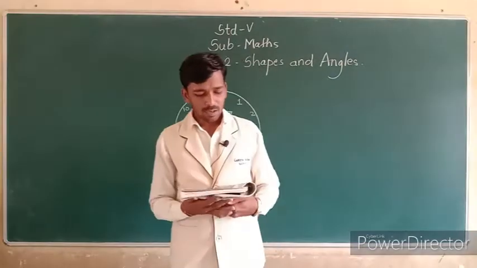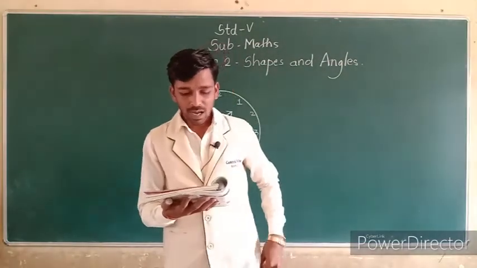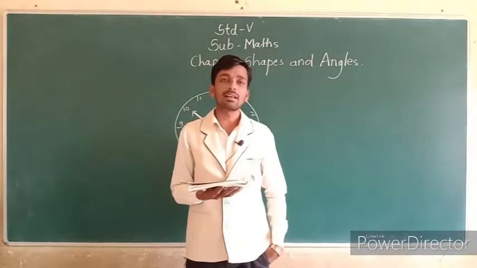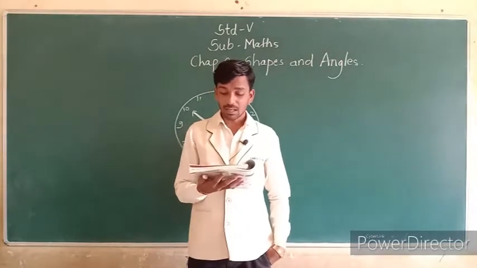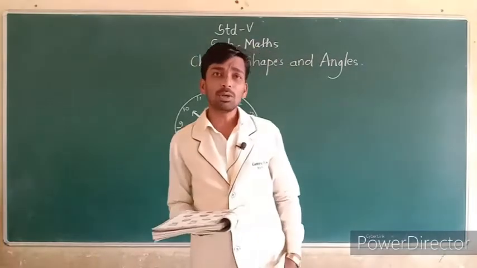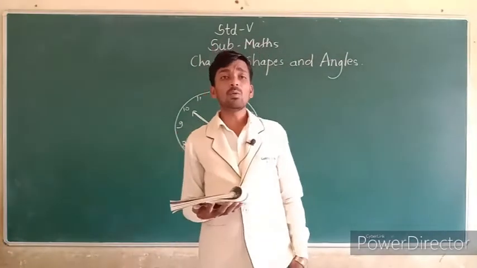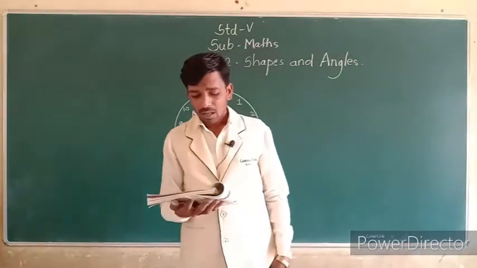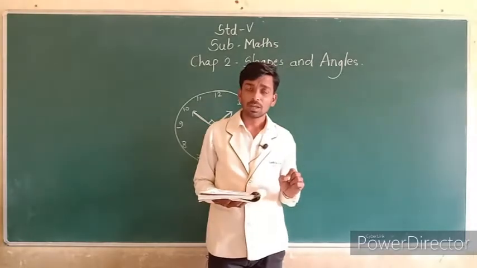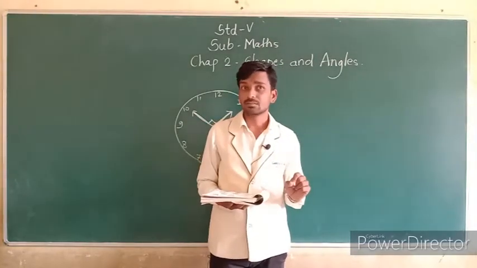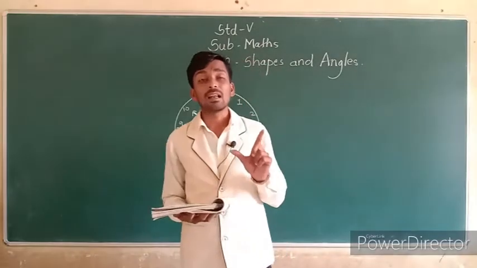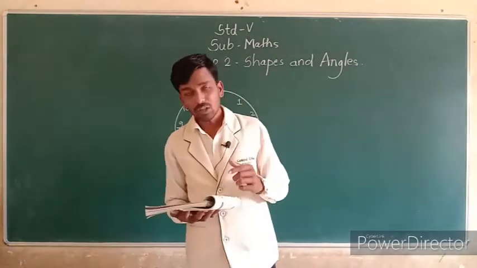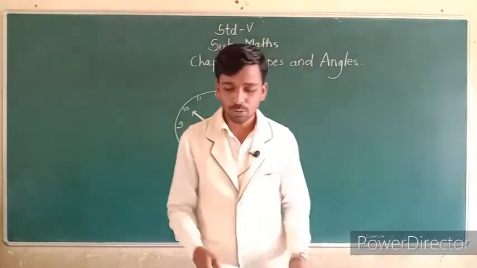Next one, draw the hands of the clock when they make an angle which is less than right angle, and also write the time. Here we use only one angle, that is less than right angle. You can write the time first for less than right angle. When the hands make less than right angle, you write that timing first, and then you draw these hands in that clock. I will show you one.